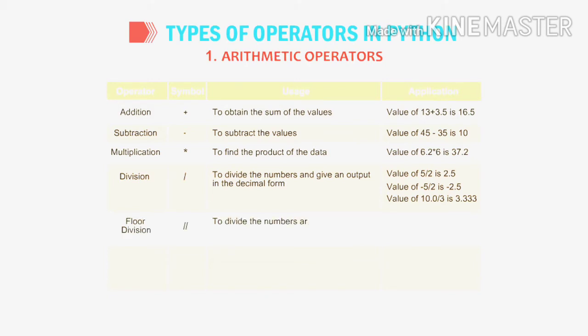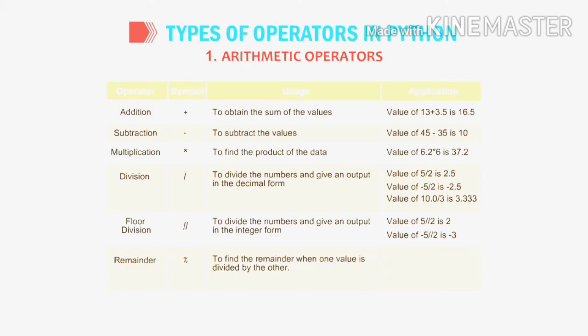It is shown by a double slash. It gives the quotient value as a result. That means that is the integer value. See, 5//2 is 2. 2 is the quotient. Clear? It does not give the value as a decimal. Next one is for remainder, we will use the percentage symbol. Students, remember that the percentage symbol gives the remainder value. That is, see in the example, 10 % 6 gives 4, not 1. Clear? Next one is the exponential.